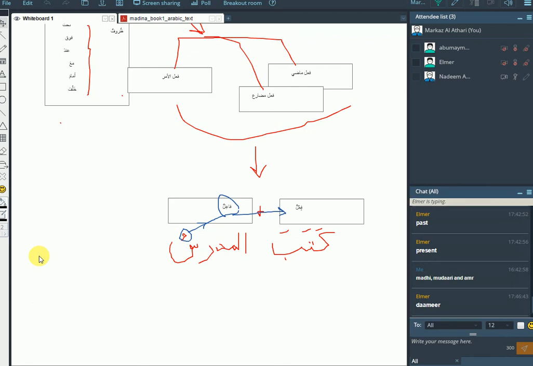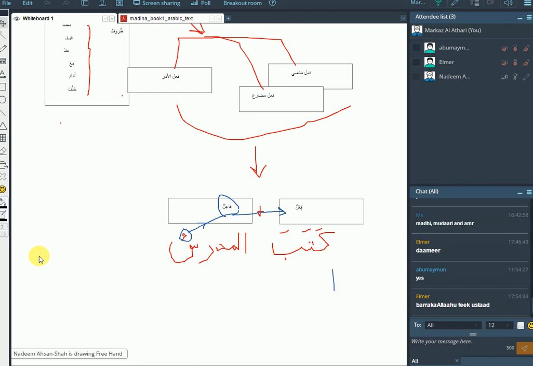Is that clear, ikhwah? Tayyib. One formation of seeing fi'l and fa'il is having this noun after the verb with a dhamma on the end of it. كتب المدرس. Another way you might see it is